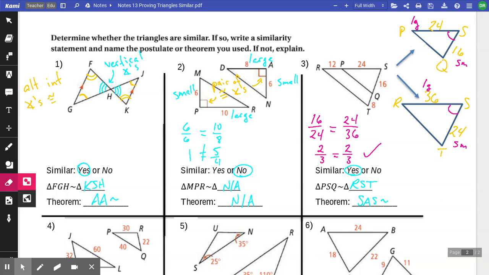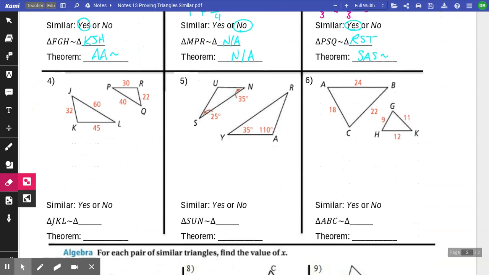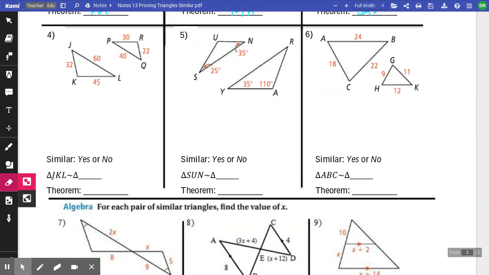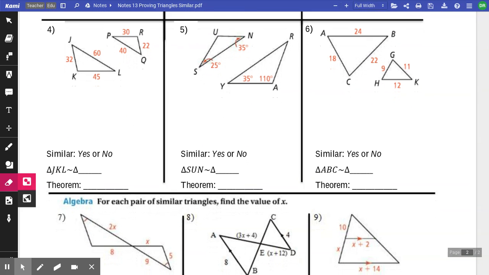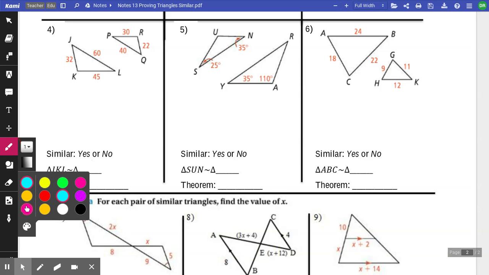Okay, so there's 3 examples. Let's take on 3 more just to make sure we have everything cleared up. So a new case in number 4, you see the 2 triangles and you're only given the 3 pairs of sides. And because of that, what we're checking in the end is, does the theorem side, side, side work out? And so what we need to do is compare our sides to see if the comparisons are all equal. So going through that, looking at these, we see